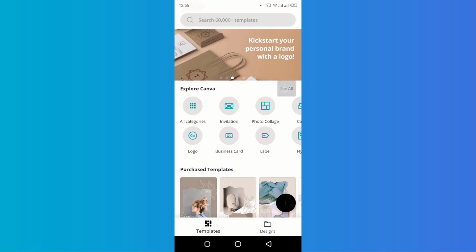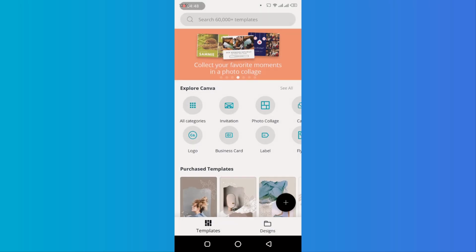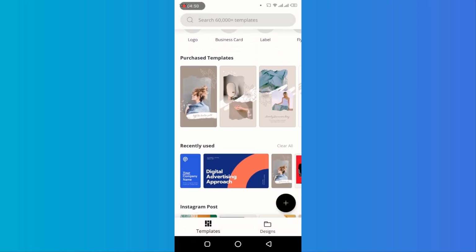Or you can still tap on see all, and the see all is also going to get you to the same place. All right, so moving forward, I'm going to tell you about the purchase template. This purchase template has got to do with people who have a pro account,